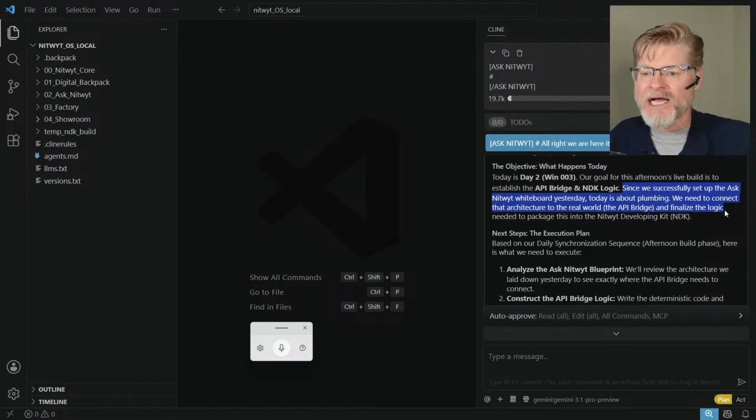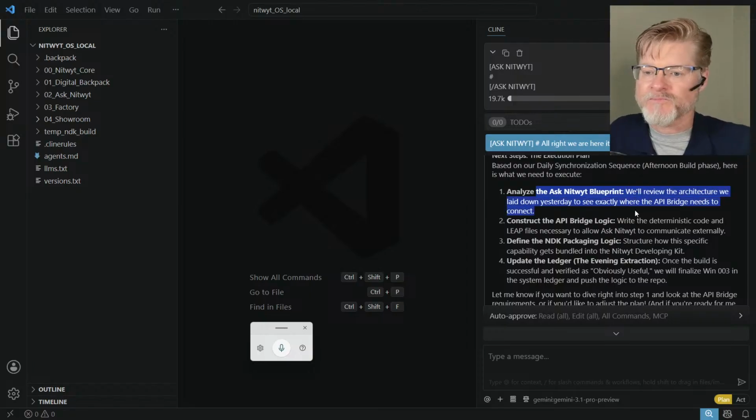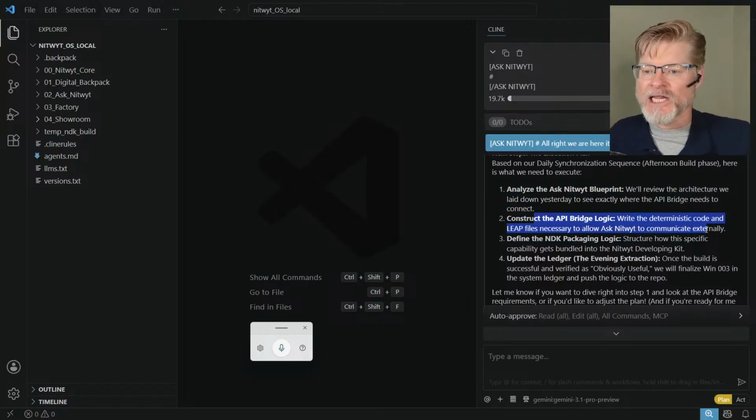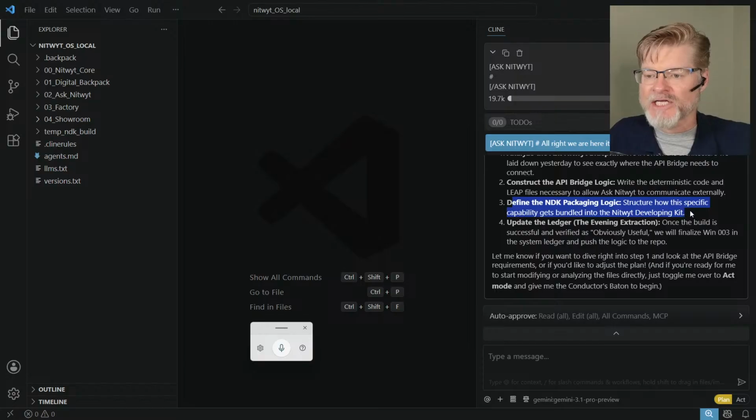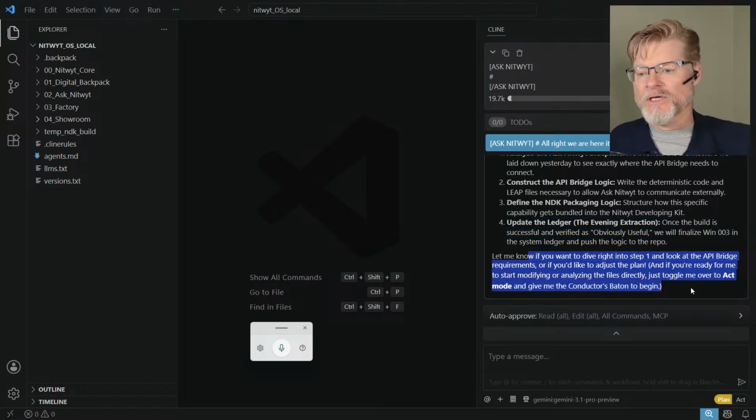Okay, since we set up the ask yesterday, today's about the plumbing. We need to connect the architecture, which is exactly right. The execution plan: we're going to analyze the blueprint. Okay, that's good. Construct the API bridge logic. I like that. Define the packaging logic. I'm definitely interested in how it's going to do that. And then we're going to update the ledger, which is also important. At that point, it will also kick out the content I need to do the recap for the automatedwith.tech